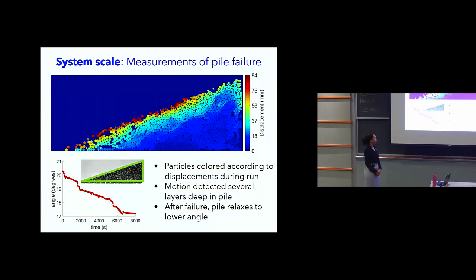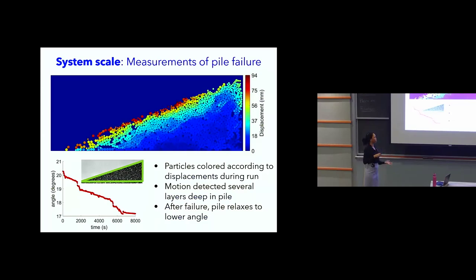Here I have each of the grains labeled by a color according to the displacement that the grain exhibited during an experimental run. We're able to successfully track most of the grains for a full experimental run, except for ones that are displaced a significant amount between each time step, so we can't track those. But most of the grains we can successfully track, so we get a good sense of how the system behaves as the pile is disturbed to creep and ultimately fail.